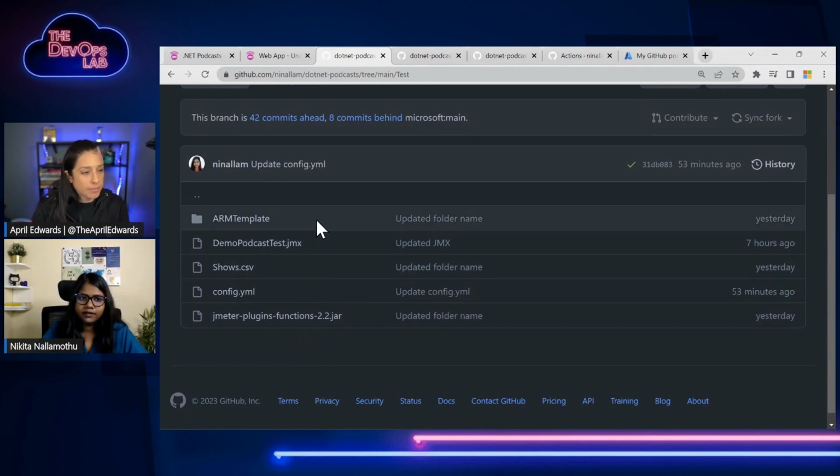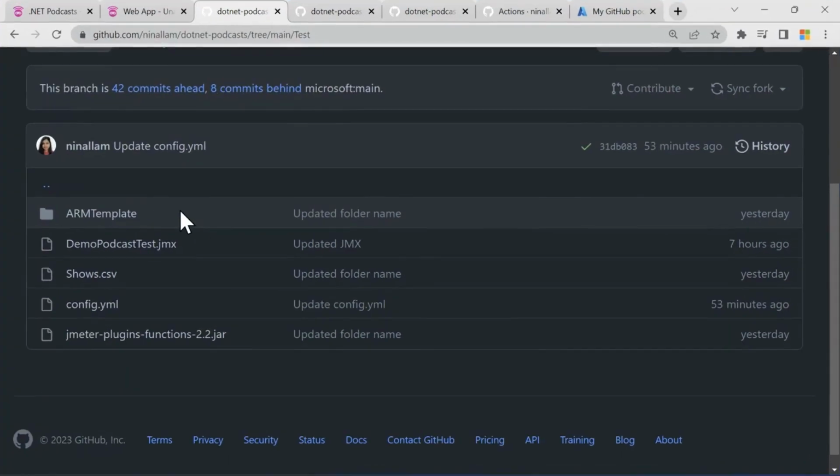So as you can see here, there are different files. First of all, the ARM template is the way you would manage your infrastructure. The resources that you require for load testing, you can use the ARM templates here to create those and manage those over time. Now we have our JMeter script that I have written for this